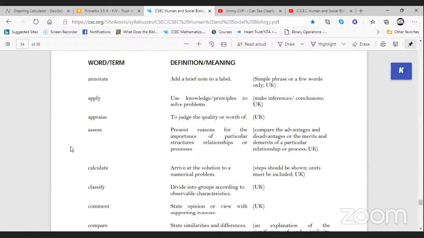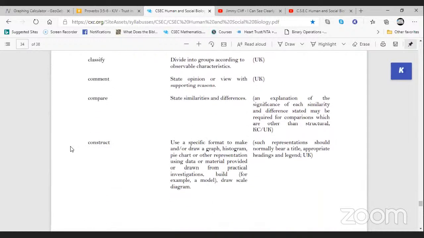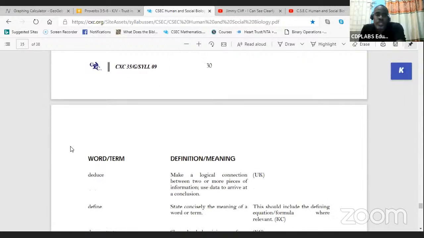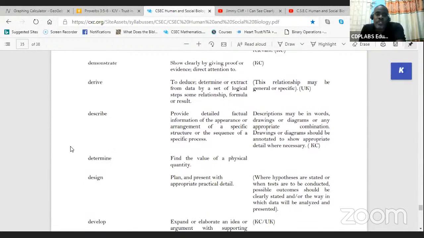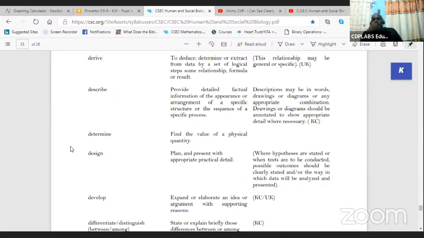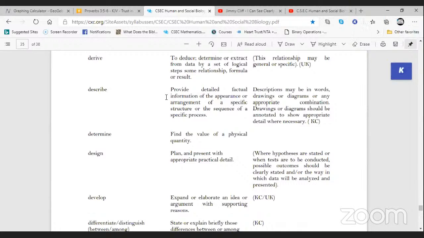Now, I want to jump ahead to the D word. This is the famous one. Describe. Can somebody read that for me? Nikosha, can you read that? Read the first one, and then Miss Clark can read the part that says description maybe. Read this one for me, Nikosha. Provide detailed factual information of the appearance or arrangement of a specific structure or the sequence of a specific